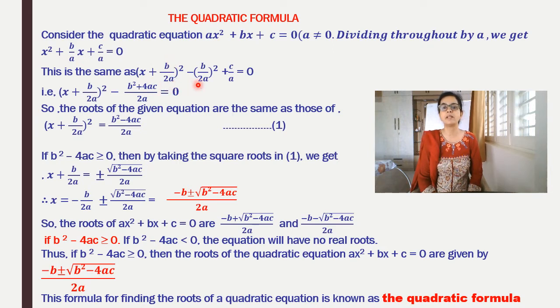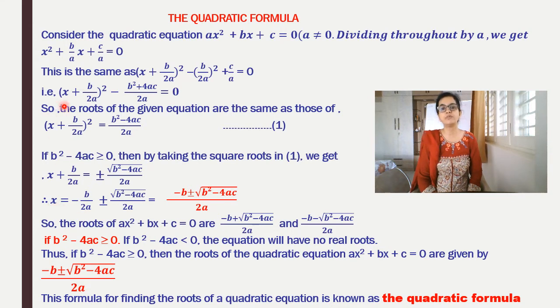One constant term is obtained by subtracting the last term from x plus b whole squared, that was b upon 2a whole squared, which will be a constant term and it will be subtracted, as well as another constant term, c upon a. So there are two constant terms. Now this equation is reduced into two parts. The first term is of the form x plus b upon 2a whole square, and the second term is the constant term.